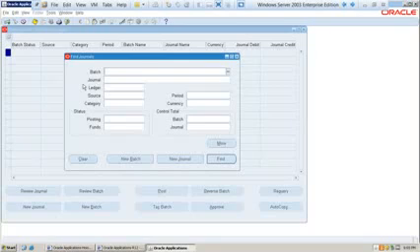Under a batch, you can have multiple journals to group into one category. Within the batch, we may have many journals. But why did they give New Batch as well as New Journal? Because if you don't want to group journals into a batch, then you can just create a journal.